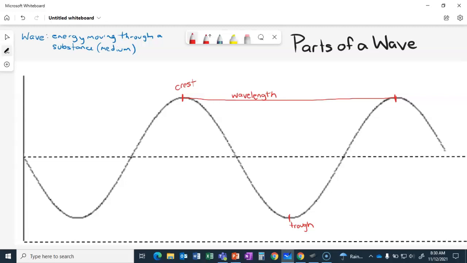We also have a name for the distance from the crest down to the lowest point, the trough. That particular name is wave height, which is actually two words. Wavelength is one word and wave height is two. I cannot explain to you. However, we have wave height and wavelength.